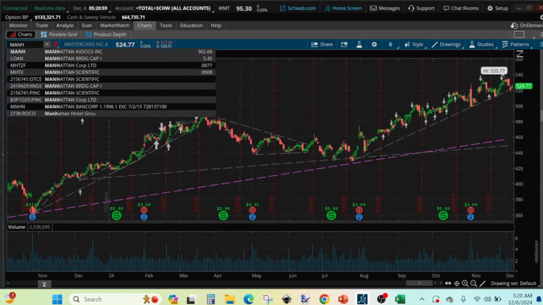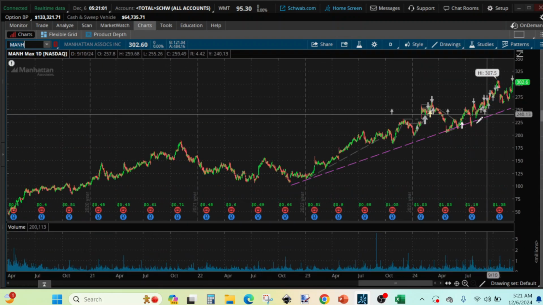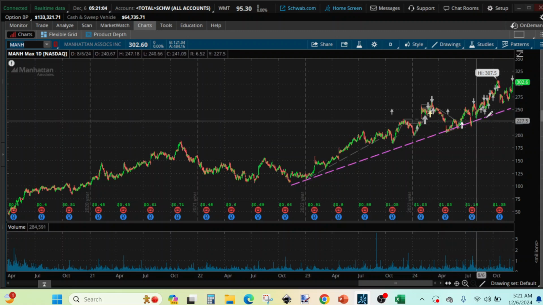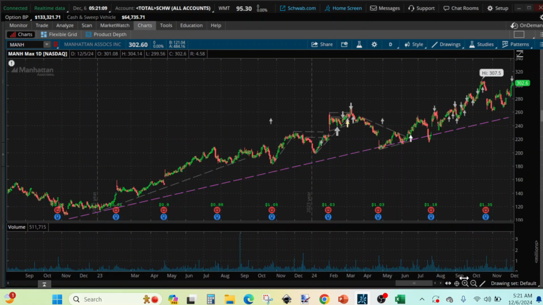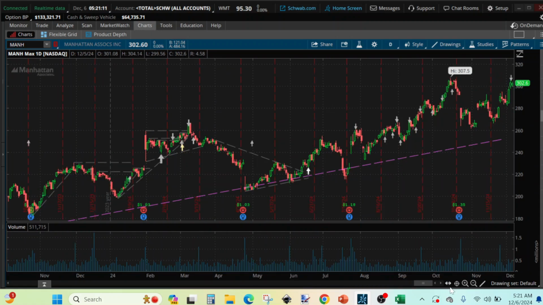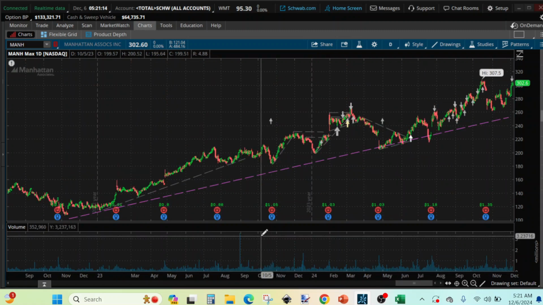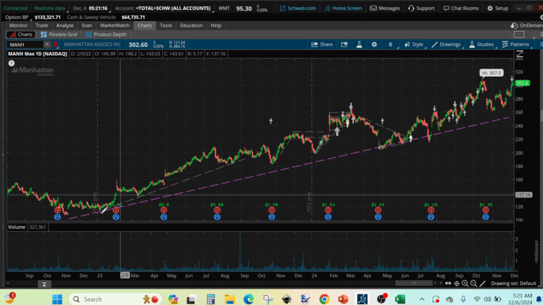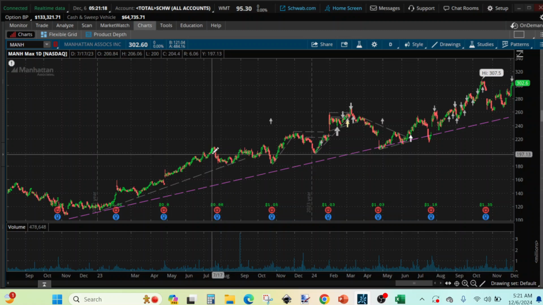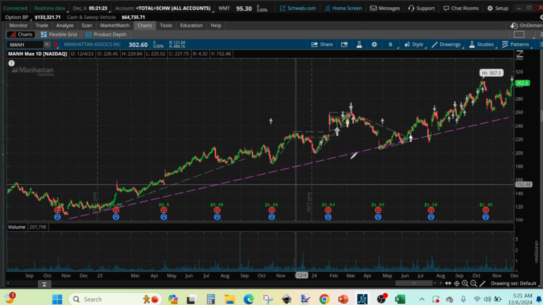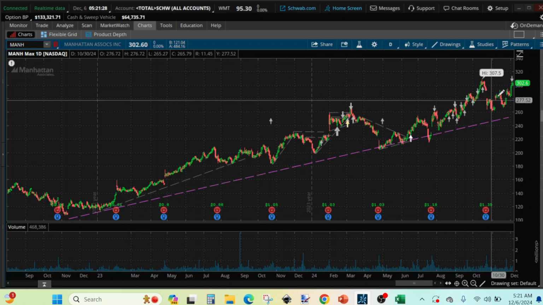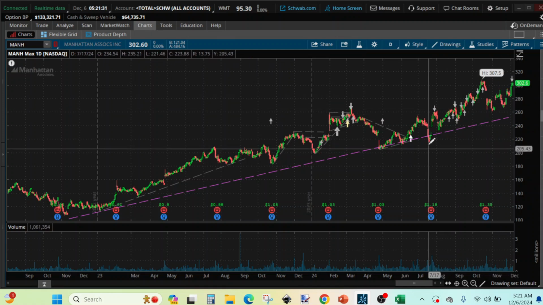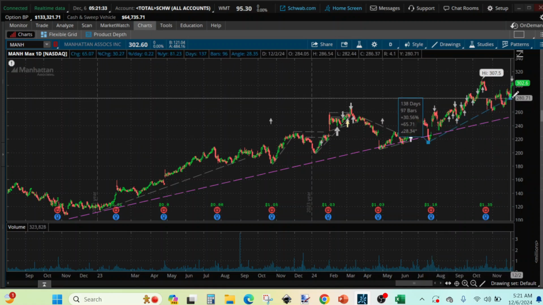Is it MANH? So MANH, we will buy it on the purple line. So we are waiting on it, but right now it's a little bit too much here. Right now we don't know if it's going to do this descent all the way again to around March before coming back to this purple line. So we tend to buy it on the purple line, but we do have this line here that it tends to be following right now,